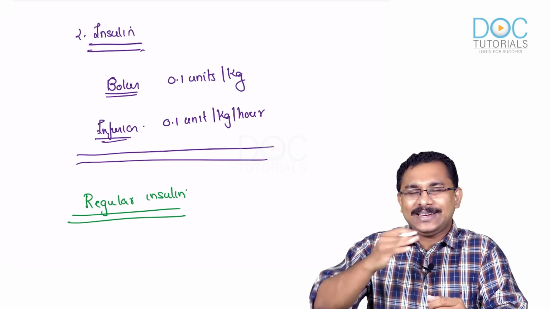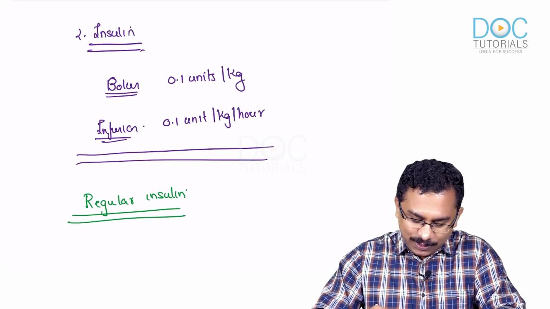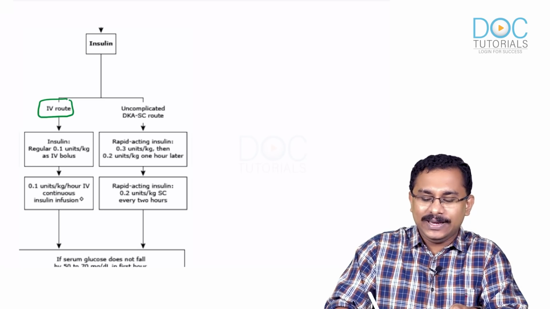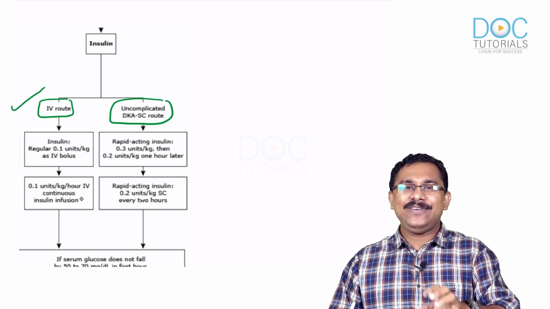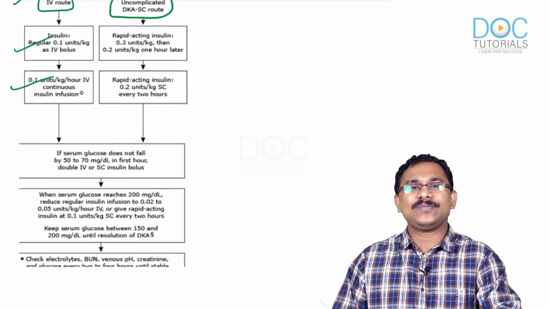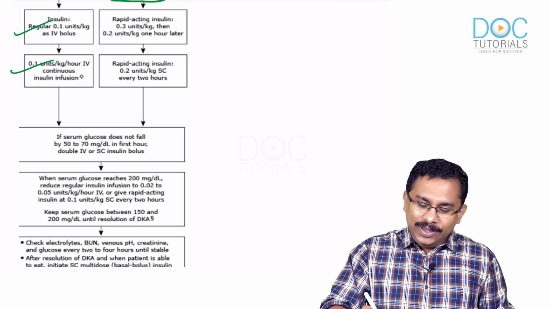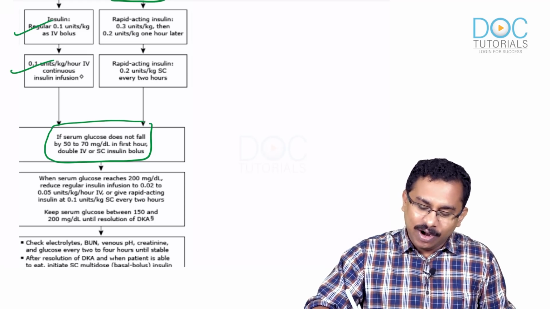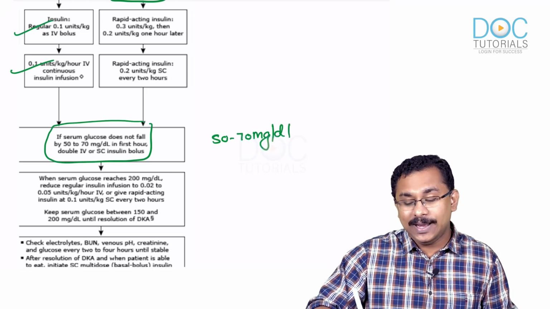Okay, and periodically you have to check your blood glucose levels as well. Now coming to the insulin therapy. I told you you have two options, the intravenous route or the subcutaneous route, but what is preferred? It's always an IV infusion that is preferred. So I told you about the bolus dose as well as the continuous infusion. Now, I told you you have got to monitor the blood glucose levels. If in the first hour after instituting an infusion of your insulin, it does not fall, because you expect it to fall by at least around 50 milligram per deciliter,